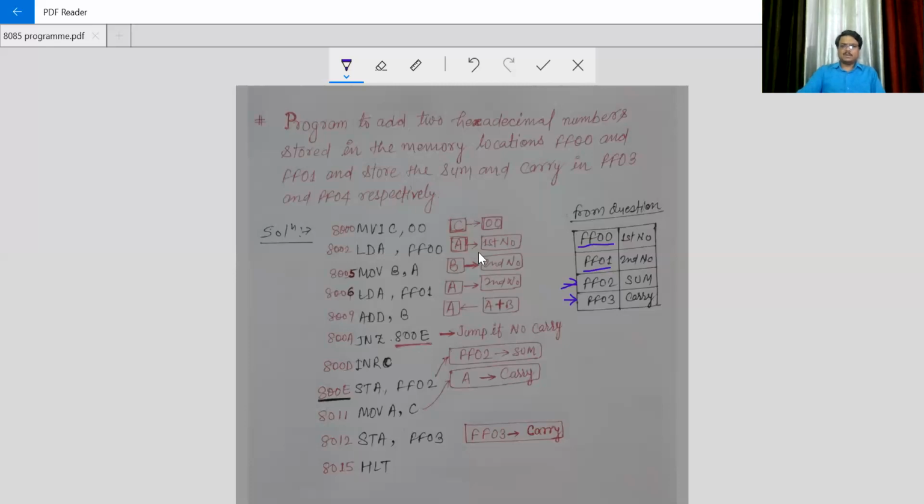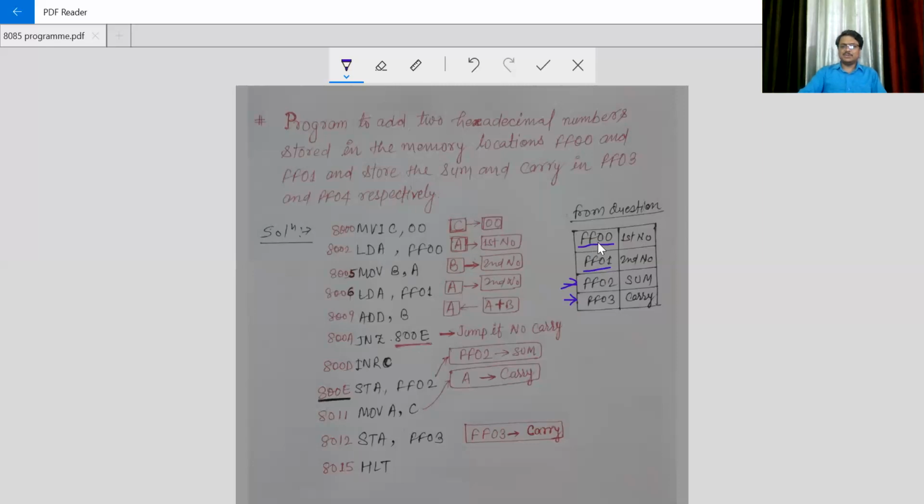Okay, so let us see. Our purpose now is to take the first number into the accumulator. How?